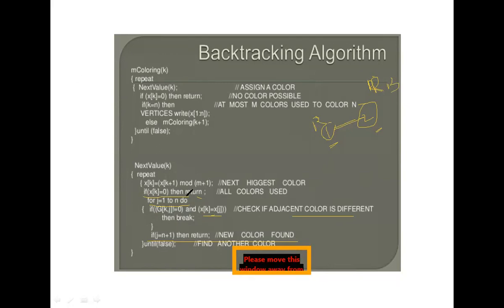So first you have to check the highest color here. Okay, the highest color is nothing but in order we are considering red, black, green. 1, 2, 3. So first consider color 1. Okay. So then it will choose the next highest color. So it will check the condition here.